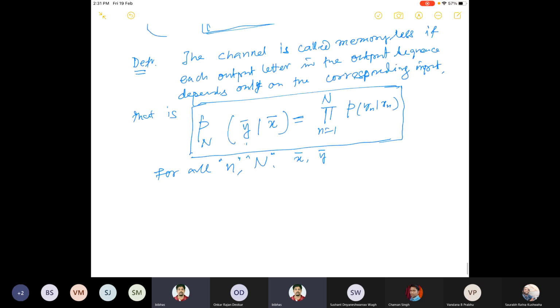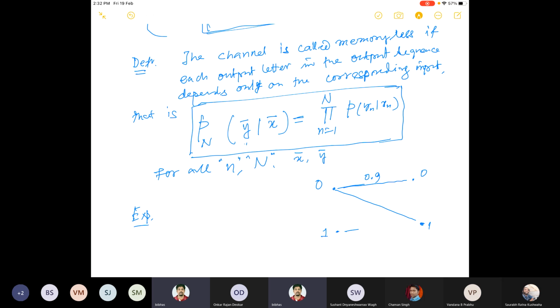So let us consider this binary symmetric channel. For the binary symmetric channel, we had only two source letters, 0 and 1, and also 0 and 1 at the output. Then there is a probability that I'll get 0 when 0 is sent, and a probability that I'll get 1 when 0 is sent. Let us say this is 0.9, so the other one should be 0.1.